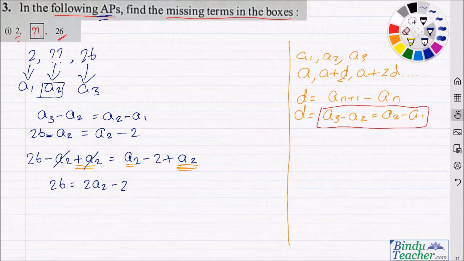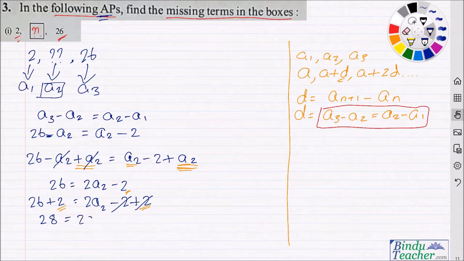Now again we want to find the value of A2, so let's remove the minus 2 from here. So again we follow the principle of balancing the equation, so we will say 26 equals 2A2 minus 2 plus 2. But since we are applying a plus 2 here, we will apply that plus 2 here as well, right? This is called balancing the equation. So minus 2 and plus 2 cancel out each other. We get 26 plus 2, which equals 28,